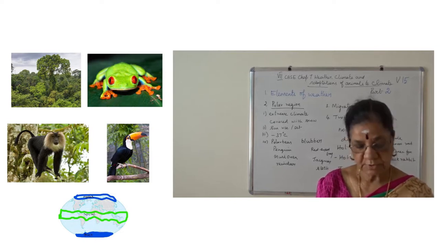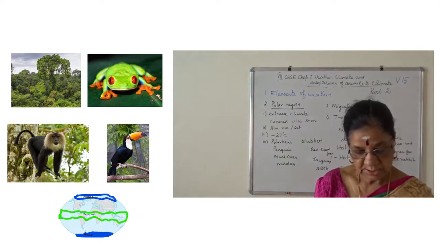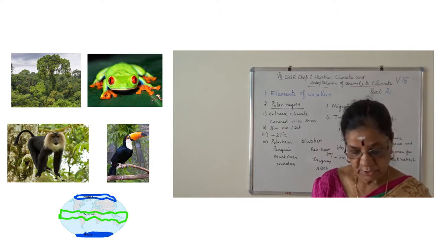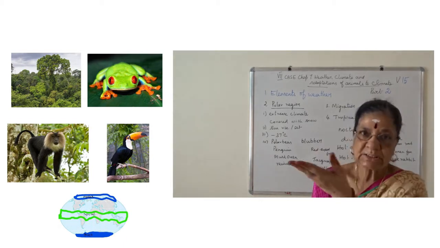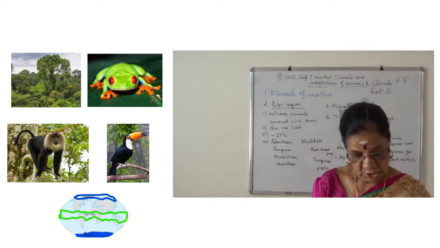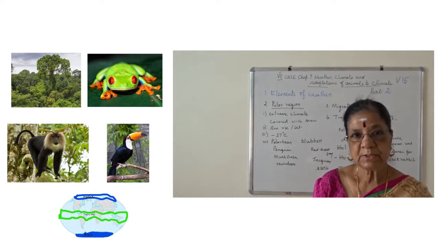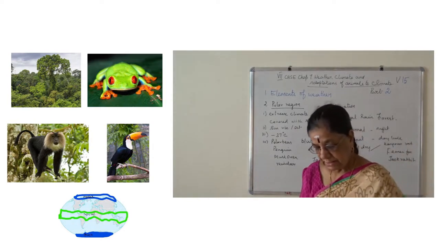And in India, tropical rainforests are found in the Western Ghats, northeastern states, and Andaman Nicobar Islands. Our area, Courtallam hills and all, are in the Western Ghats. I hope you understand. So animals in tropical regions, they pant